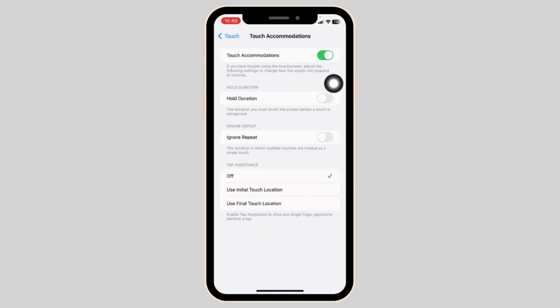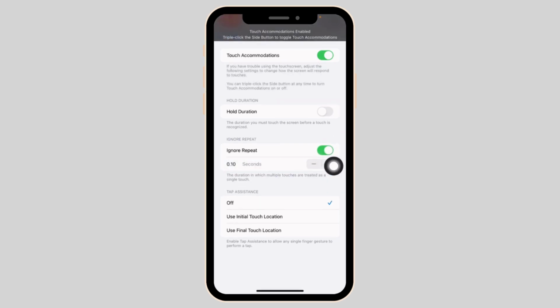If you have trouble using the touch screen, adjust the following settings to change how the screen will respond to touches. So, go ahead and toggle on for the option of Ignore Repeat, the duration in which multiple touches are treated as a single touch. By enabling this option, it will ignore repeated touch within a certain amount of time and they will be registered